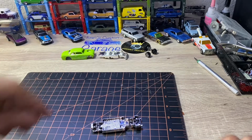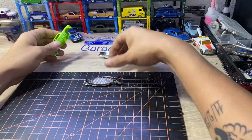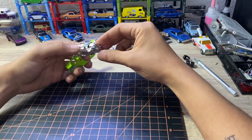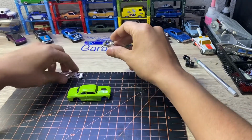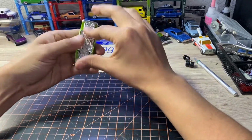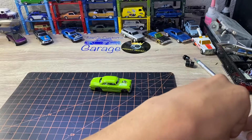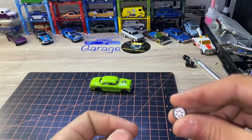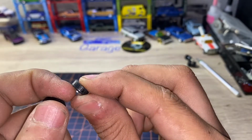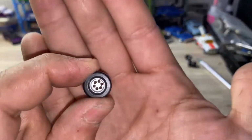So we're not gonna use those tires no more, those wheels. I bought some wheels a couple of days ago at my local store, and I want to see how they look on this car, because I'm pretty sure it's gonna look pretty good. So let's go ahead and check them out. This is what we're gonna be working with. So we got some drag wheels. Boom, from Skinnies. These are Vice City wheels. Boom, rear. We got some